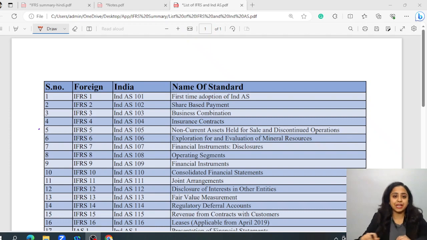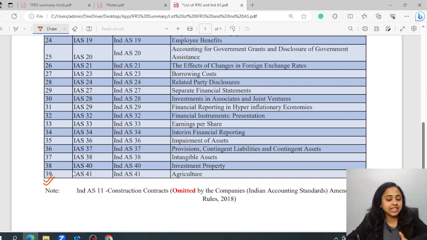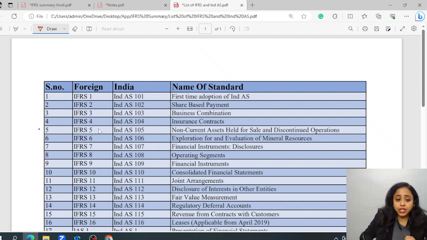Okay, let's begin. Now firstly, there are 39 total standards. As you can see, in the sequence number, there are 39 total standards. Here is the list of all the standards, okay, with name and numbering. Firstly, the concepts and the naming are exactly same. I would say almost 95% they are same. You can see here the name for both the standard is same.